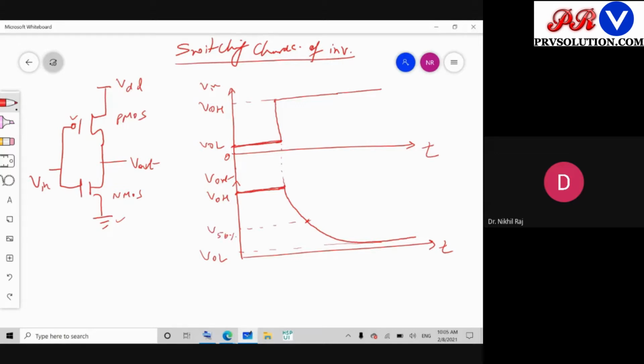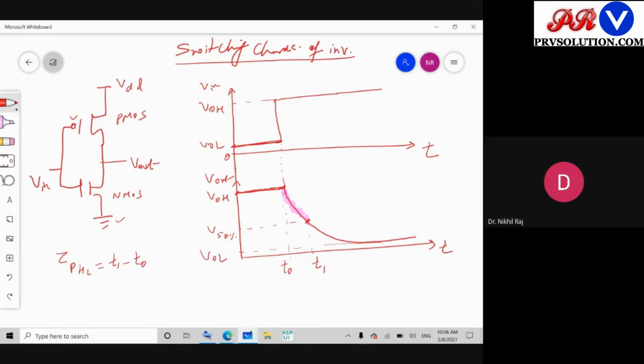50%. And our interest is we have to calculate this region. How much time is spent? What are the values? It will depend upon, that is, let's say this is T0 and this is T1. So here I can say TP of high to low transition is given by T1 minus T0. Okay, so this one we have to compute.